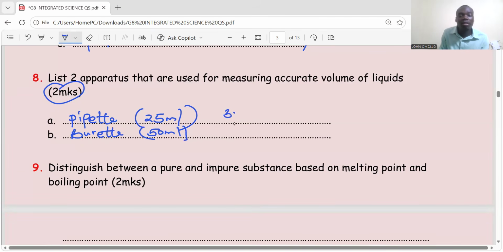Number 3, which is a common one, is the measuring cylinder. And in most cases, they usually ask this question. If it comes to paper 1, integrated science, section A. Remember, science has got two sections, section A and section B. And in most cases, for that question of the apparatus used to measure accurate volumes of liquids, the answer is usually what? Measuring cylinders. Number 9,